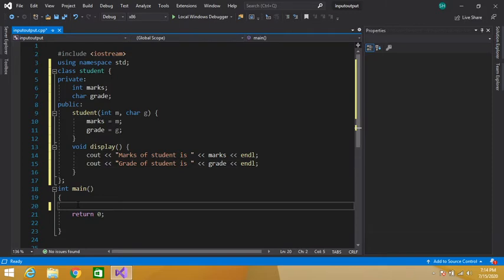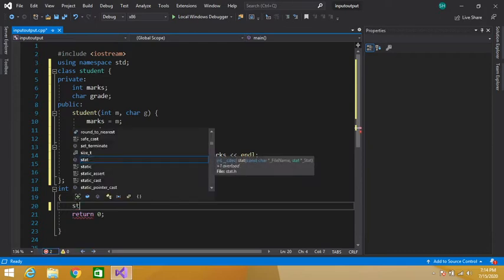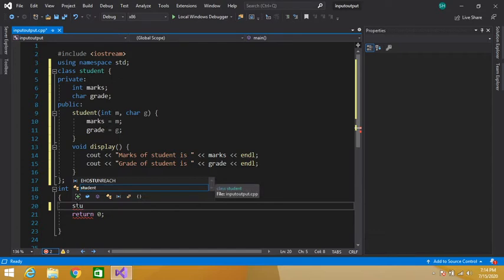Okay guys, now in our main function, let's call this function. So first of all, I have to create the object of my student class. So the name of our class student, then the name of our object, let's say student s1, and here we also have to pass the two parameters.